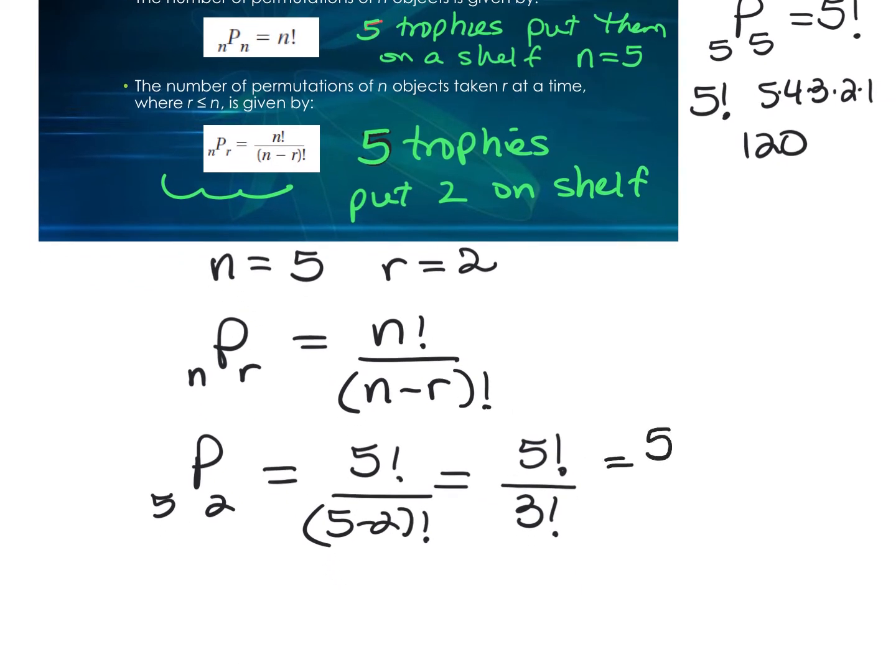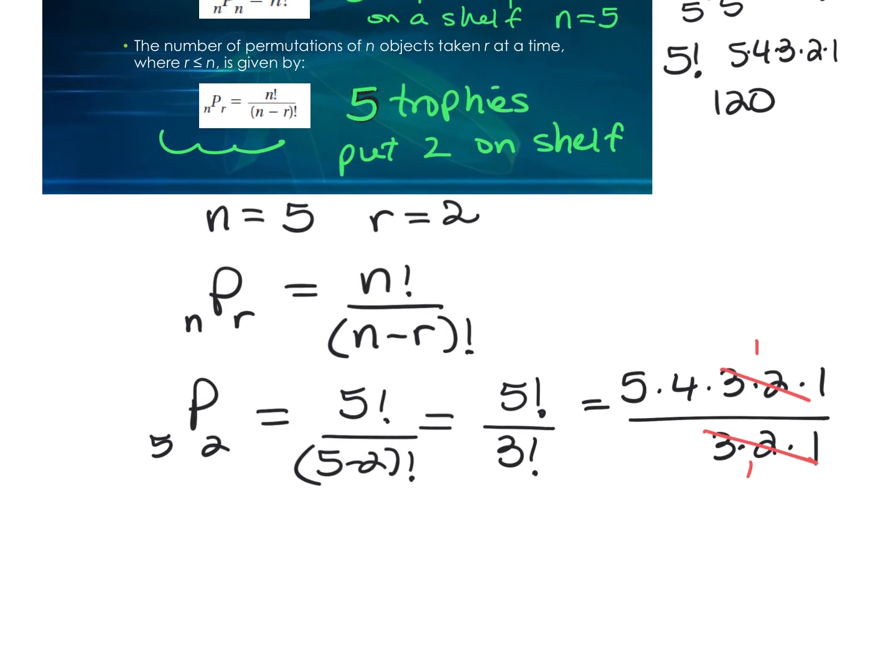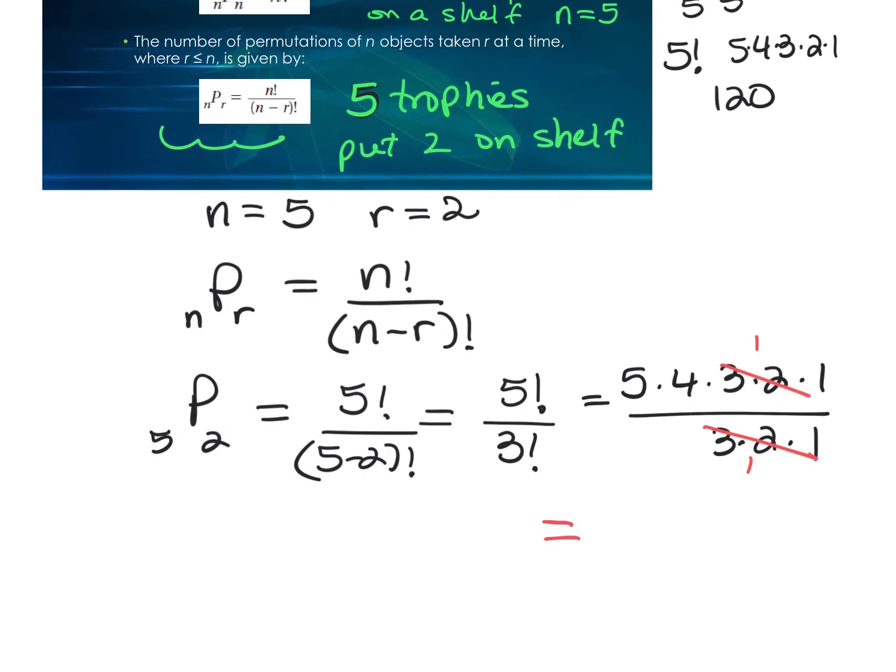It becomes 5 times 4 times 3 times 2 times 1, all divided by 3 times 2 times 1. Now I'm going to go ahead and simplify. These become 1s. Anything divided by itself is 1. So there are now going to be 5 times 4, or 20 arrangements of choosing 2 trophies at a time